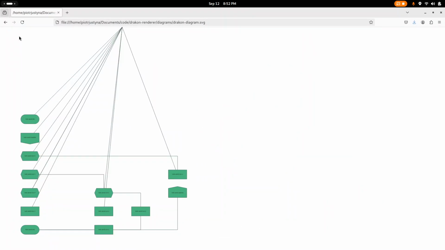So just like in our case, if we have a connection from here to here,